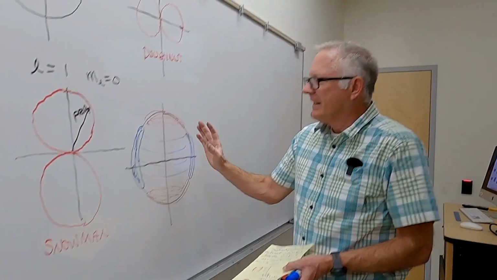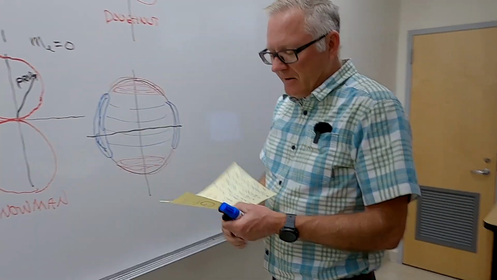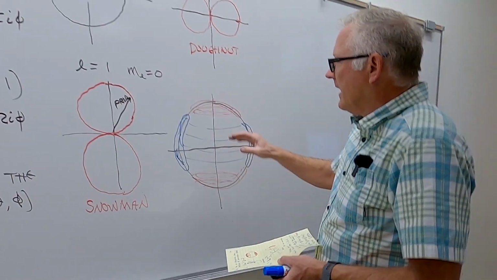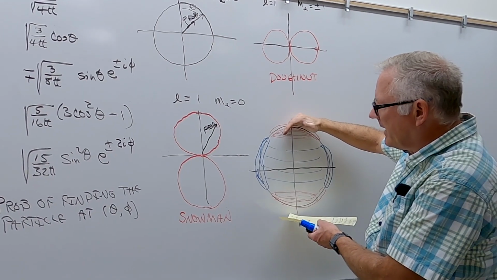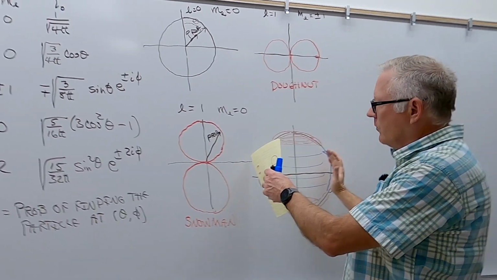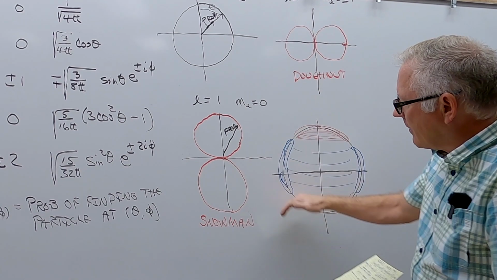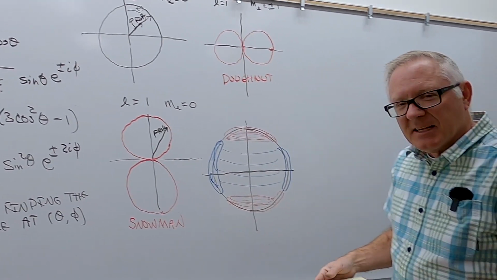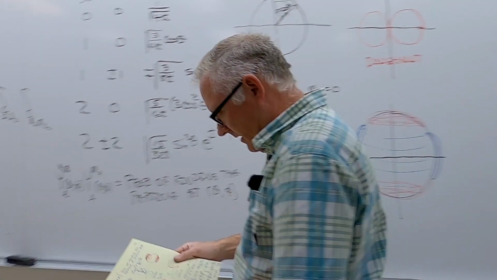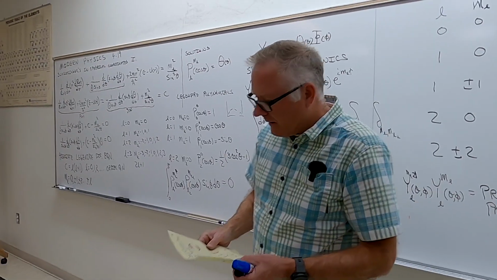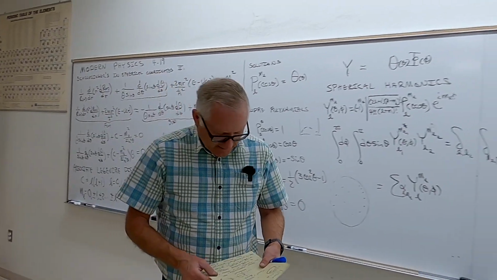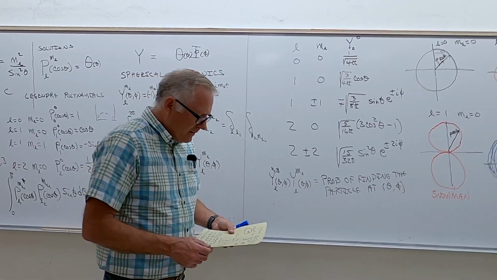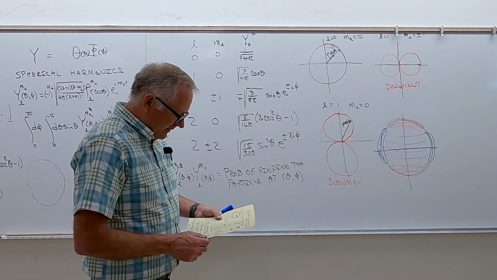And you'll notice that when I put these together, when I fill up the entire shell, that is when I include all of the m sub l's, the m sub l equals 0, and the m sub l equals plus or minus 1, when I combine them all together, it kind of fills in the sphere. And there's actually a theorem that's called Unsold's theorem that says, Unsold's theorem,